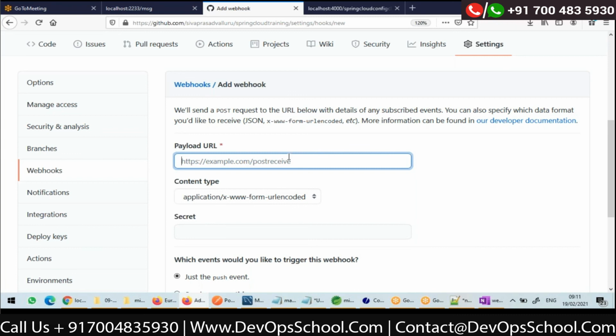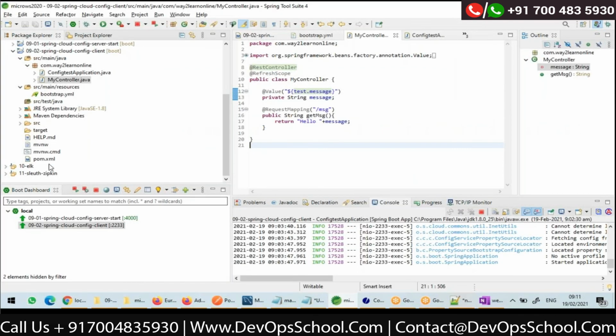Okay. Then in your application, there should be some endpoint listening for those changes from GitHub, right? So there is one more module called Spring Cloud Monitor.